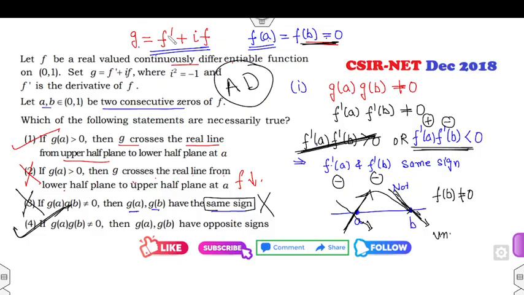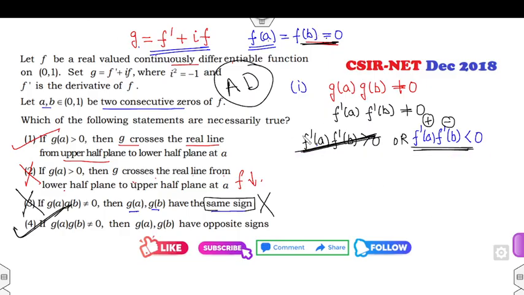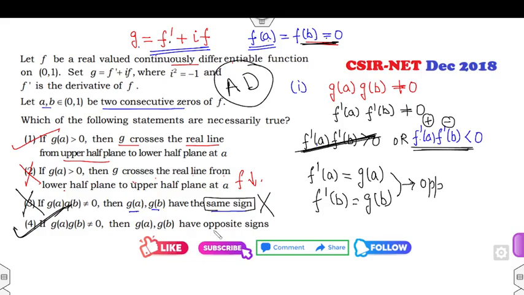you can also see, what is f dash of a? f dash of a is nothing but my g of a. Similarly, f dash of b is my g of b. So both f dash are of opposite sign, meaning g of a and g of b are of opposite sign. If you read the statement and understand the problem in a simple manner, you can get your